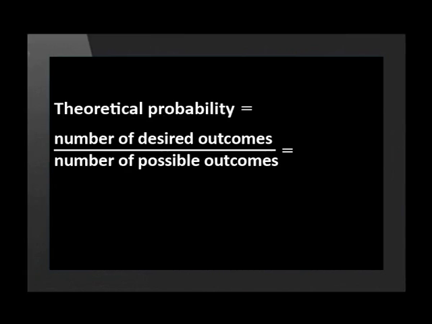If we calculate the theoretical probability of rolling a 1, it is 1 divided by 6. If we roll the dice again, the number of possible outcomes remains 6. Rolling a 1 does not make it disappear from the dice. This means that rolling a dice many times are independent events,